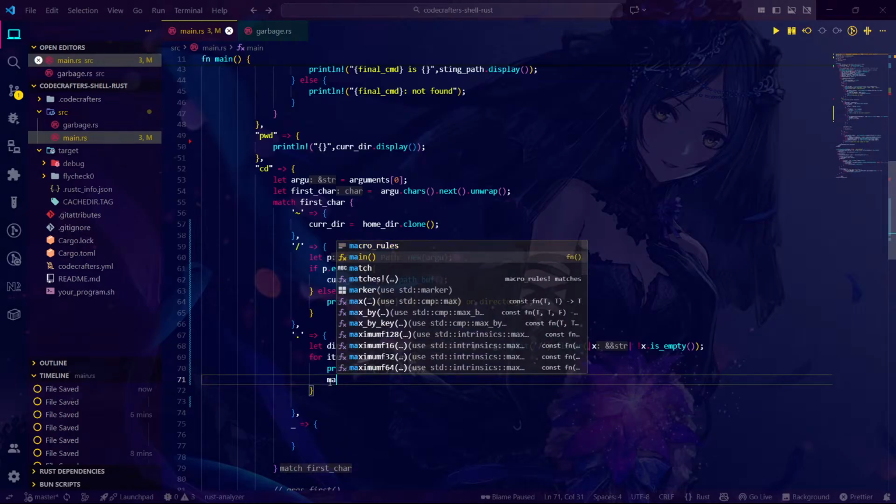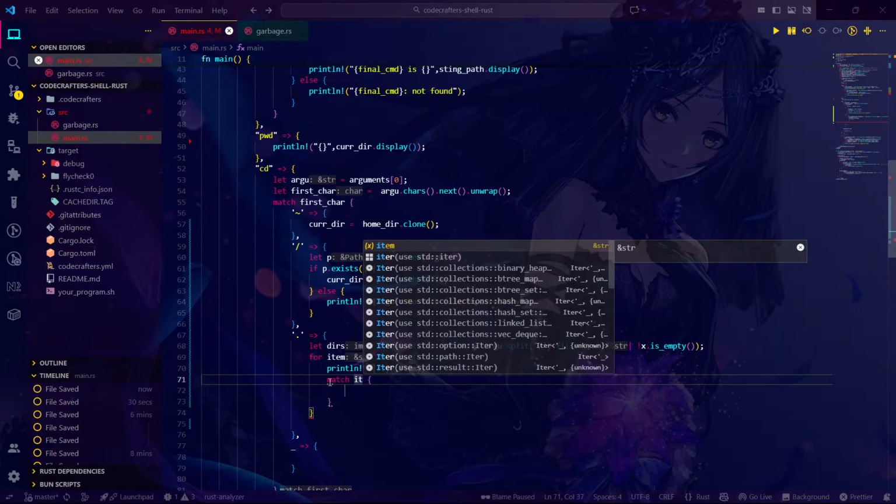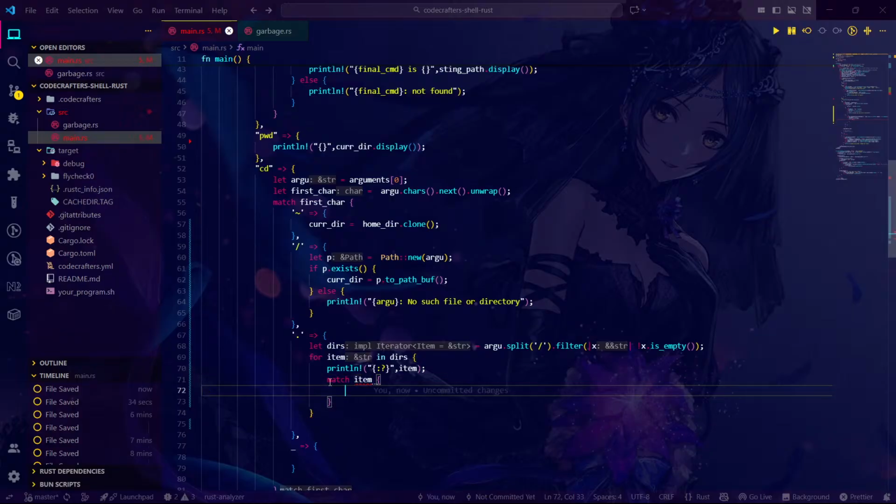Let me create a match. Match will be perfect for this match item. And if the item is double dot, then